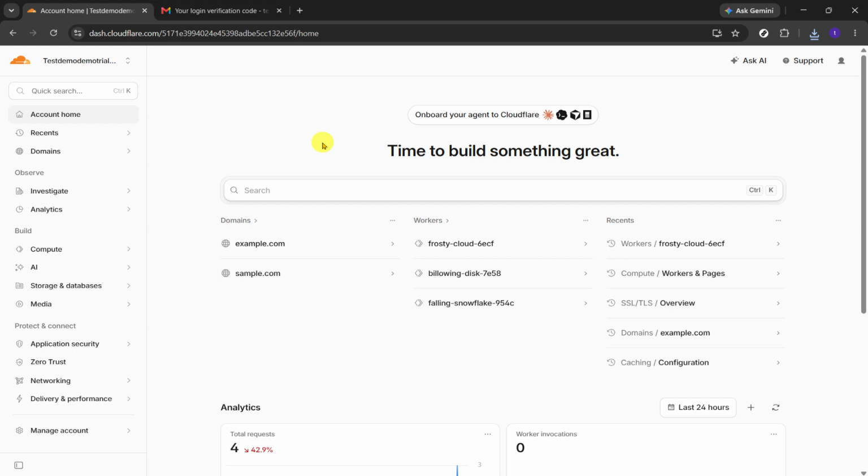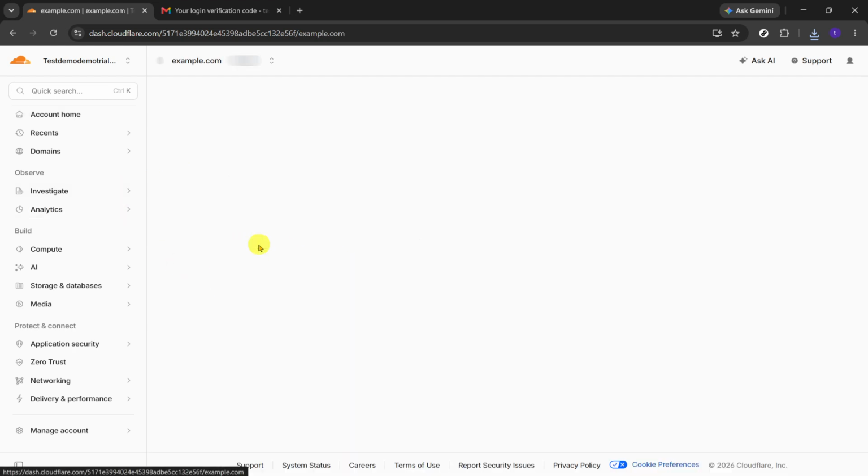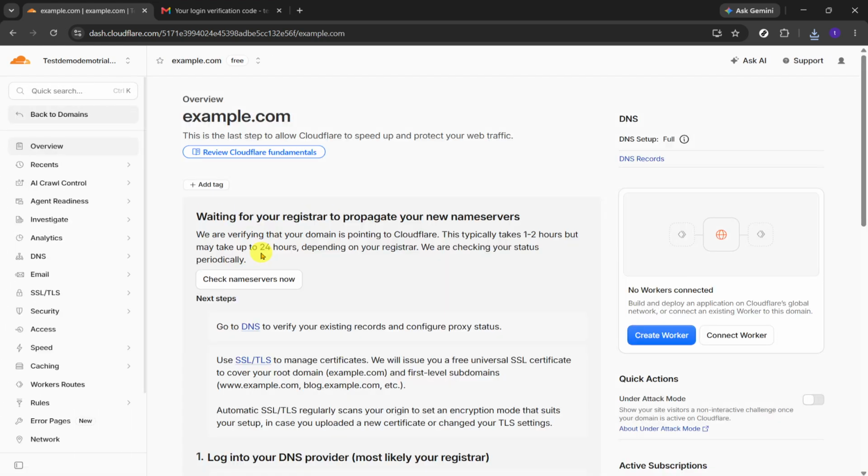Once you are there, look through your list of domains and select the domain you want to configure. In this example, you'll simply choose your sample domain. Make sure you click the correct site, since bot fight mode is enabled separately for each domain rather than across the entire account. After the domain opens, direct your attention to the navigation menu on the left-hand side of the